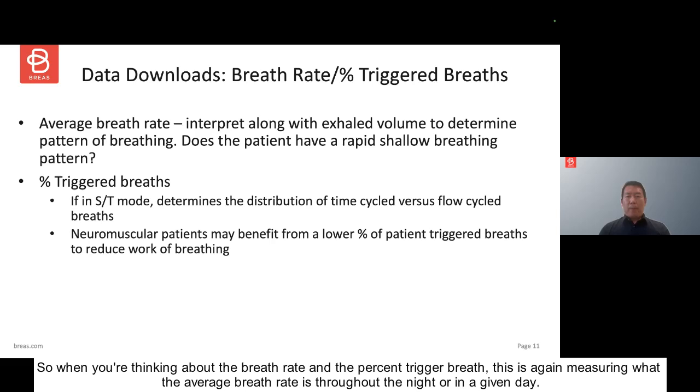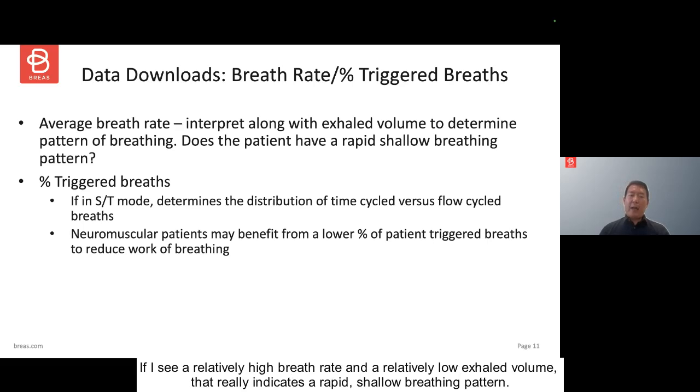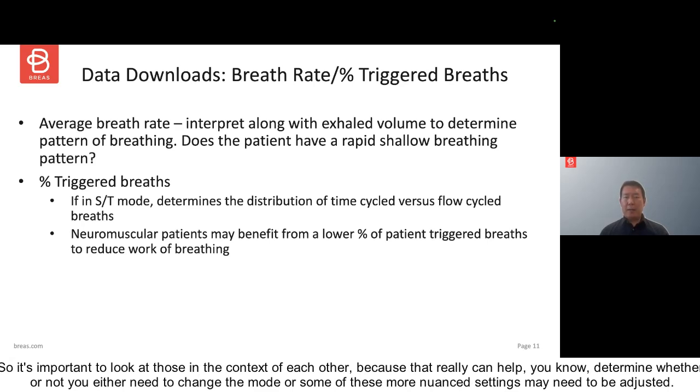So when you're thinking about the breath rate and the percent triggered breaths, this is, again, measuring what the average breath rate is throughout the night or in a given day. And so this is important to interpret along with your exhaled volume to determine the pattern of breathing. So I worry about this a lot in neuromuscular patients. If I see a relatively high breath rate and a relatively low exhaled volume, that really indicates a rapid shallow breathing pattern. So it's important to look at those in the context of each other, because that really can help